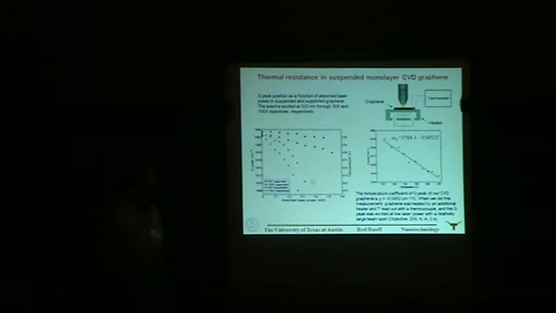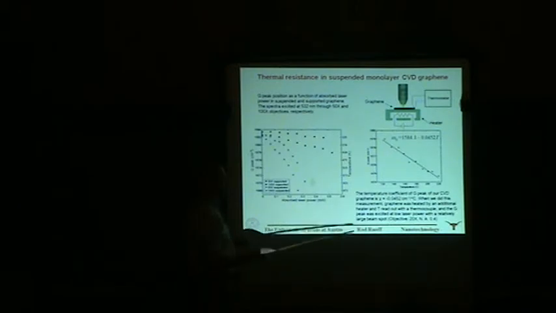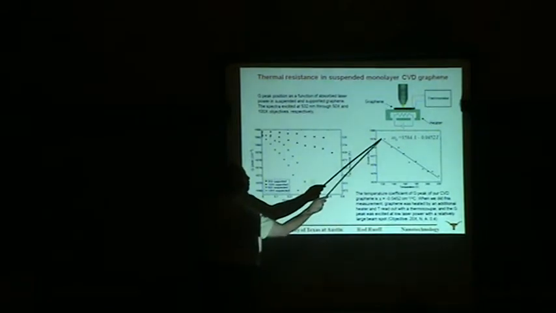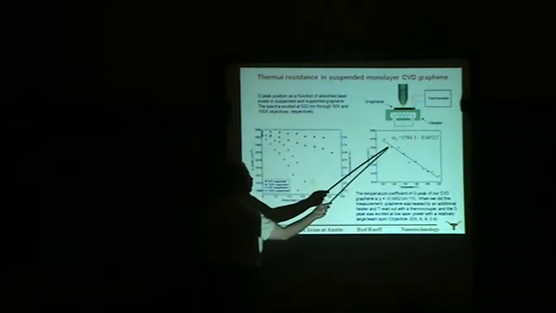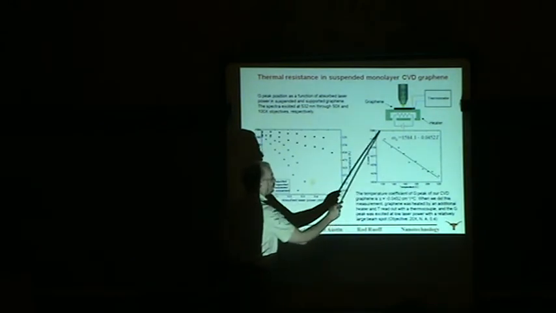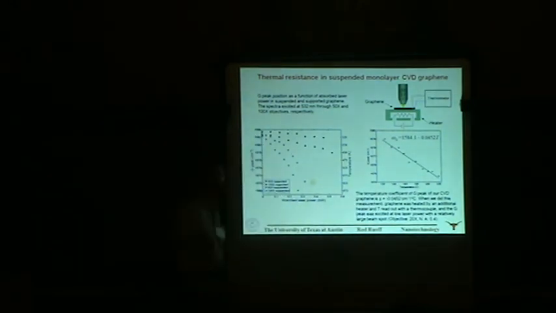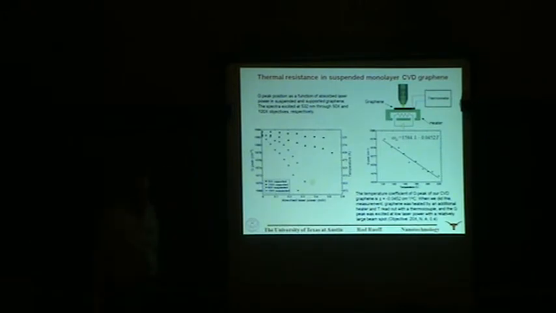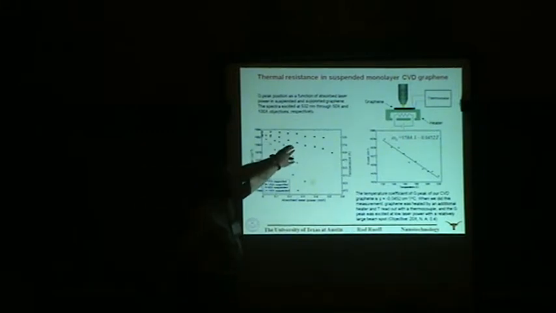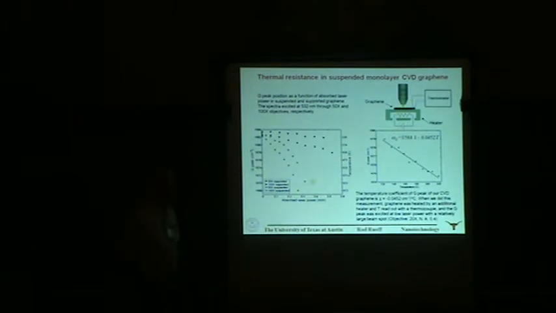So in this environmental cell, we're measuring the shift, for example, in the G-band peak as it moves from low temperature near 1580, where it would be at room temperature, for example, to redshift values at higher temperature. So the temperature coefficient of the G-band peak allows us to extract that thermal contact resistance. So these points represent when the G-band is shifting on the graphene that's on the gold on the periphery of the membrane. And this is the shift at the center point where we're intersecting the